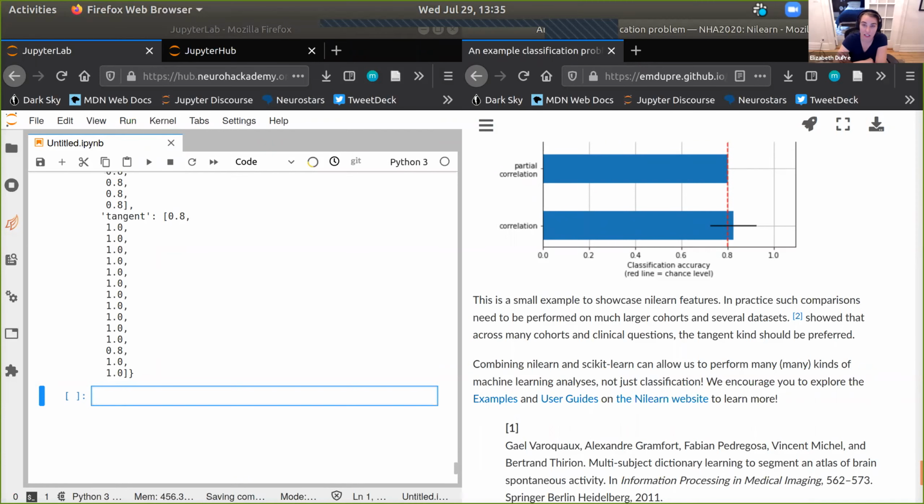But if you did have a sample where you could think about learning something like age, you would do a regression analysis. You could still generate connectomes using different kinds of functional connectivity and pass those connectomes as predictors. But what you'd be predicting would be probably age or some other continuous valued feature of interest. Cool.